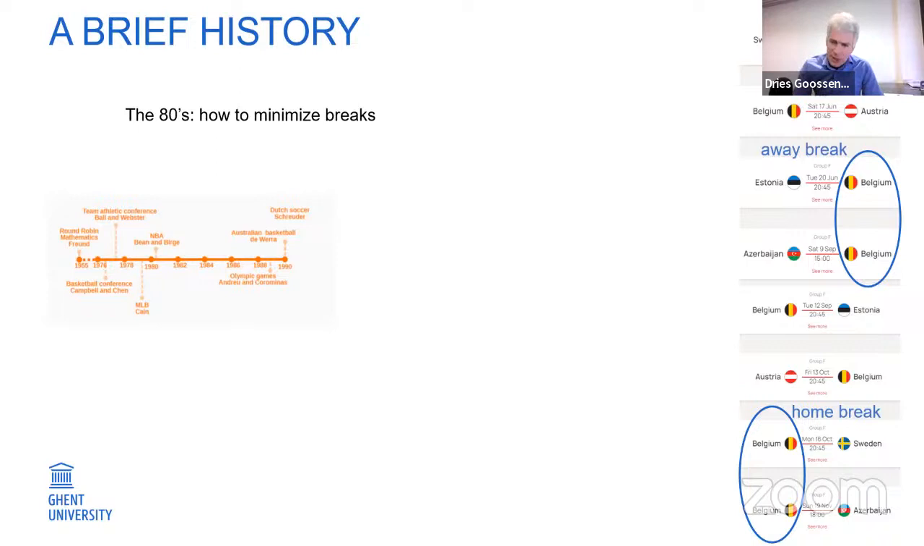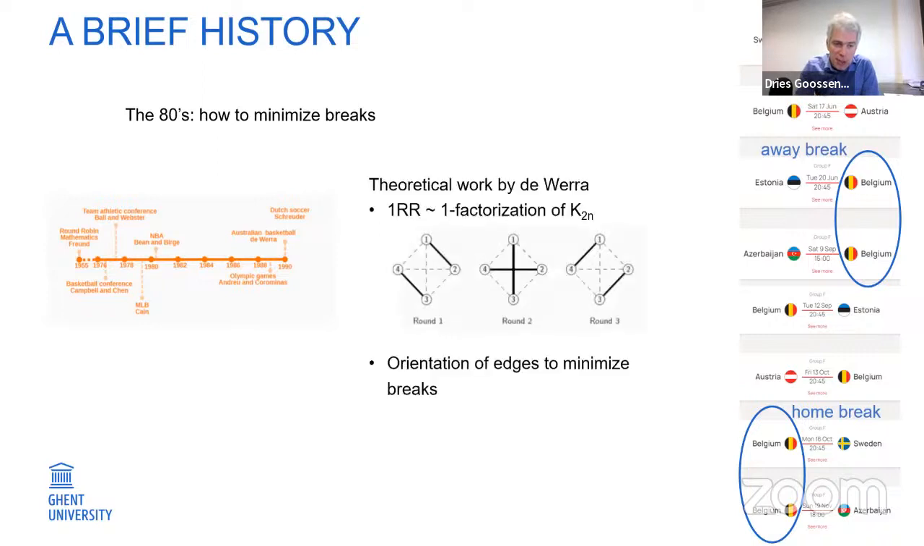It's not so very hard to see that, of course, you do need breaks. Otherwise, if you have more than 2 teams, well, the third team would not be able to play against the first or the second team unless it has at some point a break in the schedule. So that was the important question in the 1980s, and especially Dominique de Werra has written a few seminal papers